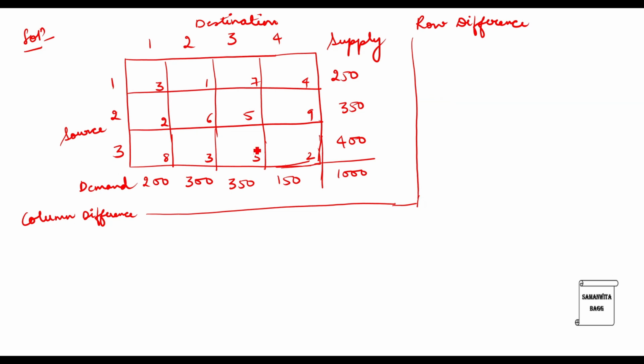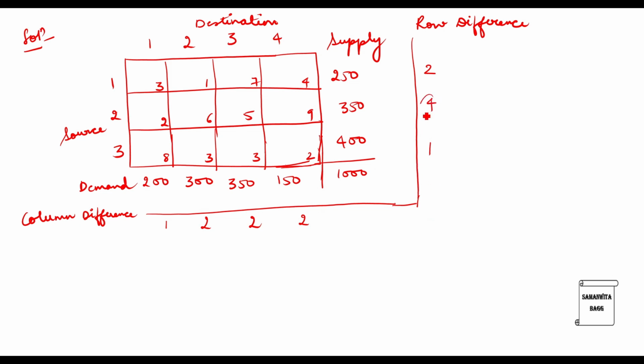Now, how do we calculate the difference? Amongst the first row, select the two least values, that is 3 and 1, and take that difference. So, this value is 2. From here, the two least values are 2 and 6. So, this value is 4. Here it is 3 and 2. So, this value is 1. Then in this column, check the two least values, 3 and 2, the difference is 1. Between 3 and 1, difference is 2. 5 and 3, difference is 2. Here 4 and 2, difference is 2. Now amongst all these values that you have calculated, choose the highest value.